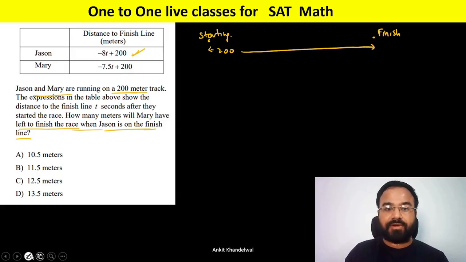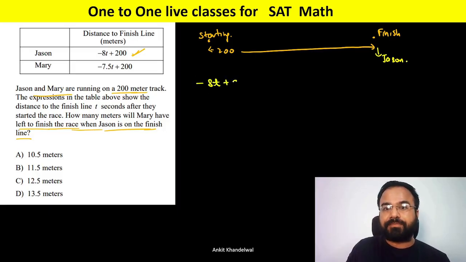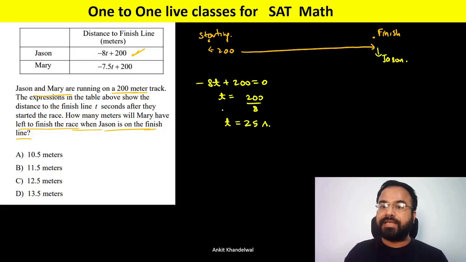Jason is already on the finish line. If Jason reached over here, it means his distance up to the finish line will be 0. So the distance of Jason up to the finish line will be equal to 0. So T equals what? 200 over 8, which is equal to 25. So it means in 25 seconds he finished the race, or when Jason was at the finish line